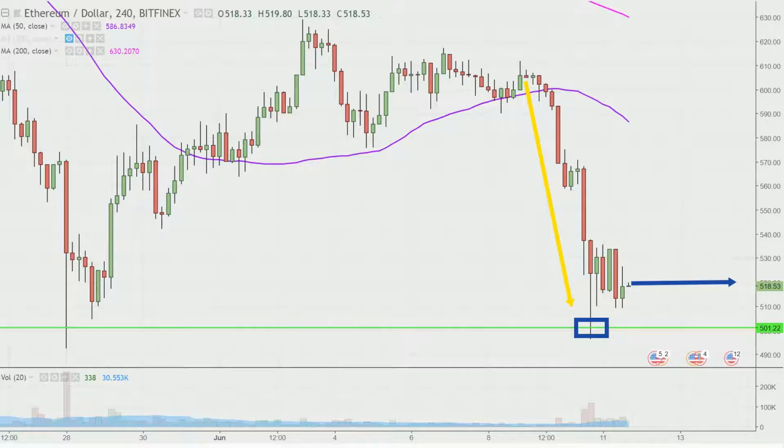So now in the event this does start to bounce, the key level of resistance to keep an eye on is going to be the famous 50-period moving average, which is denoted there by that purple line. Keyword being moving, because I get it, that line's way up there. So that line will be moving itself downwards as time unfolds. But top priority in my mind right now is not necessarily breaking levels of resistance. It's all about consolidating and trying to stop the bleeding here in this current downwards move that cryptos are all